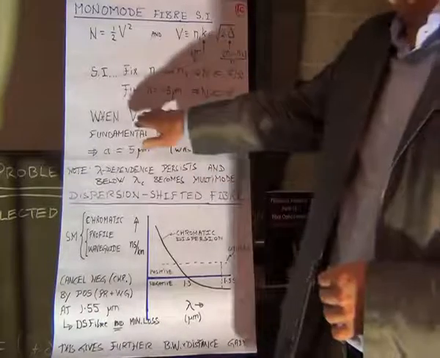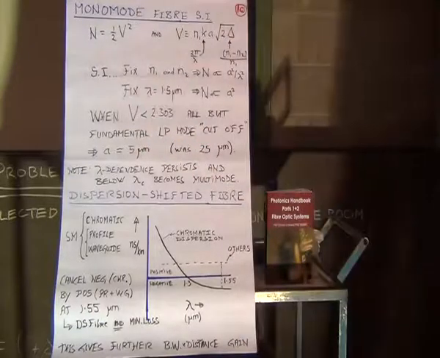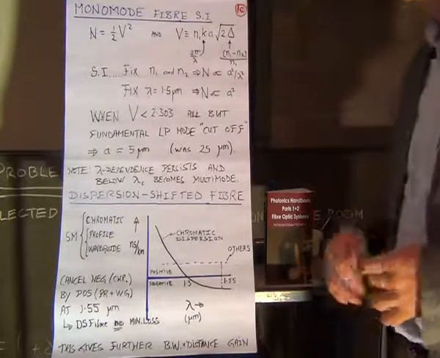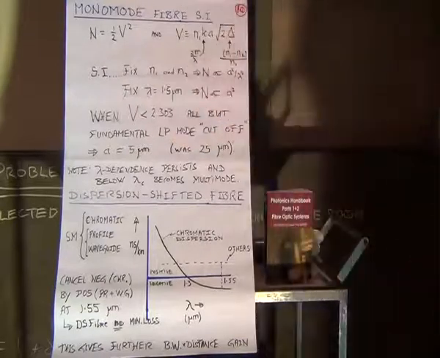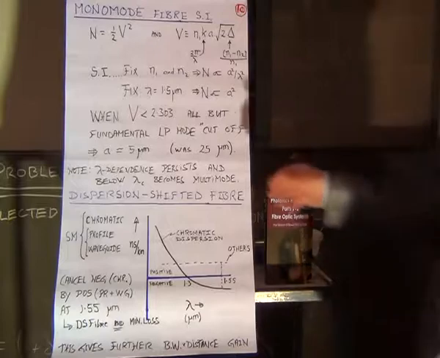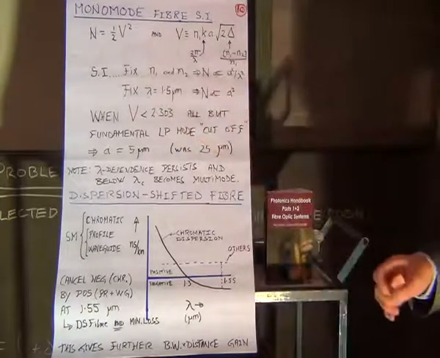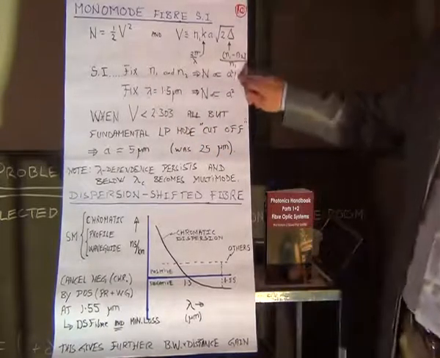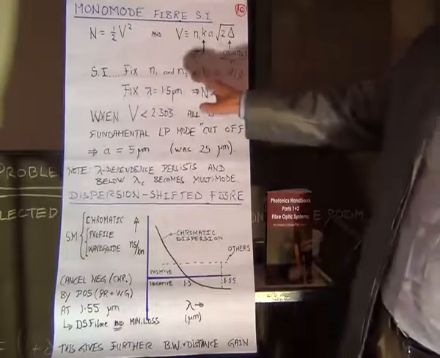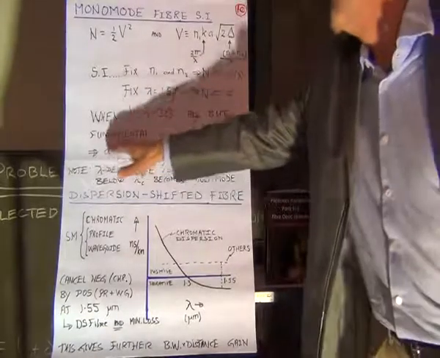Okay, so you'll come across it in other telecommunications theory. Anyway, V less than that gives us just a single mode. Notice, by the way, that because there's a wavelength dependence here, when you work out what is the diameter of